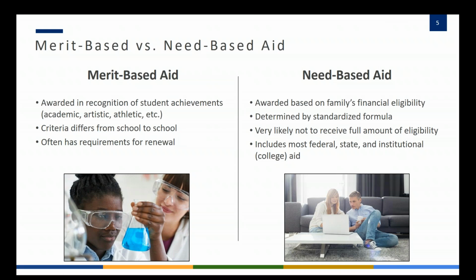One common exception here in Massachusetts that many of you have heard of is the John and Abigail Adams Scholarship. That is a merit-based scholarship based on the students' MCAS scores, being in the top 25th percentile of their district. They'll receive a credit towards tuition and fees at any of the public and state universities here in Massachusetts.